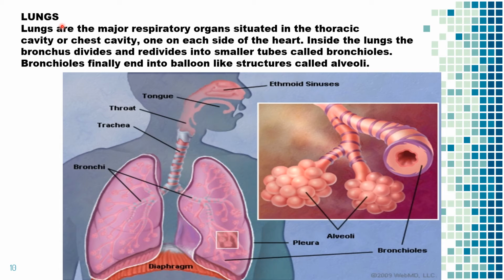Lungs. Lungs are the main organs of the respiratory system. Each lung is present on either side of the heart in the thoracic cavity, that is, the chest cavity. The maximum area of the thoracic cavity is occupied by the lungs. Each lung has a double layered covering called the pleura. The lungs are elastic like a sponge. Each lung contains many sac-like structures or compartments which are filled with air, and these sacs are called the alveoli.